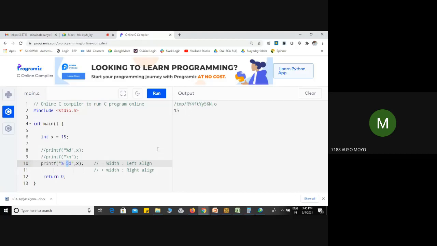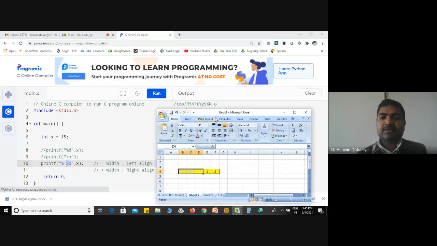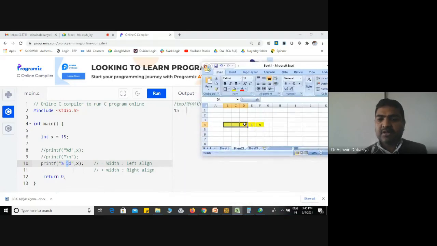It has moved 5, three times ahead. Yes, very good. So the concept is that total width is 5. So how does it display? Total width is 5, so width 5 means 5 positions. Now the output of the value is x is 15. But here see -5, so width is negative. Then 15 is displayed on the left hand side. So 1 is displayed in the first position, 5, and after that 3 spaces will be there. So the cursor is blinking over here.